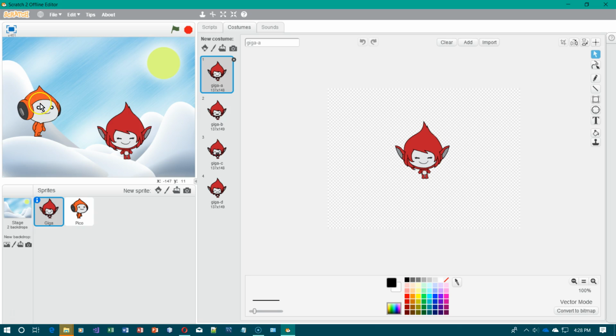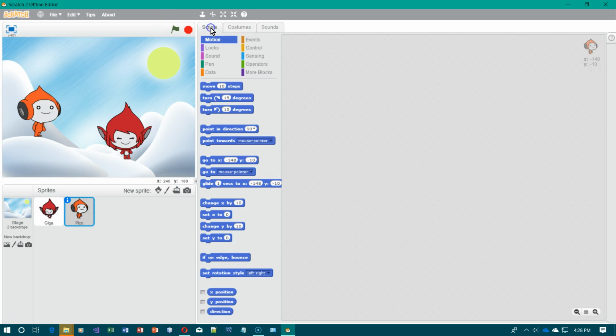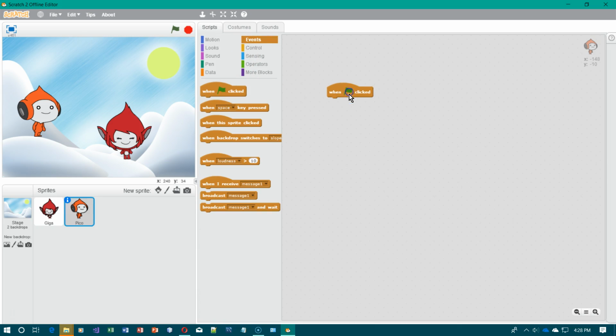first. So we'll do Pico first, and so select him, and hang on a second, there we go. Computer was a little slow there. So we don't want to look at his costumes anymore, so we want to look at his scripts up here. And we want to do a green flag event, so we're going to drag that one over. So when our game starts, I don't know if this is really a game, but when this starts,